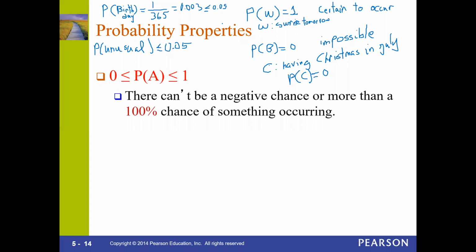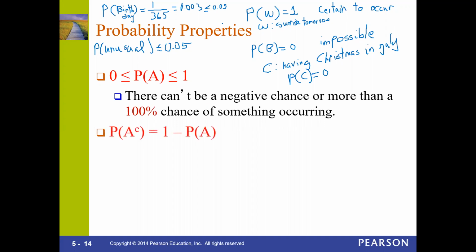Okay, so notice that probability can never be negative. You can also say 0% or 0. You can say 100% or 1. It's the same thing, but it cannot be negative. It always has to be positive. It cannot be more than 100%. For our class, we're not gonna have probability that is like 120%, 110%, or a probability of 3. That's impossible for this class. The highest one you can have is 1 or 100%.